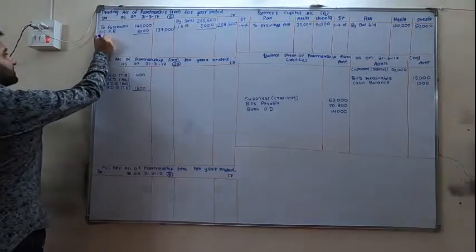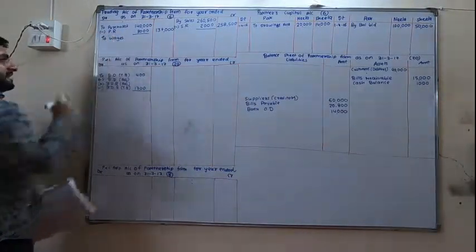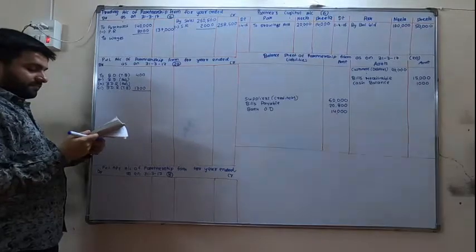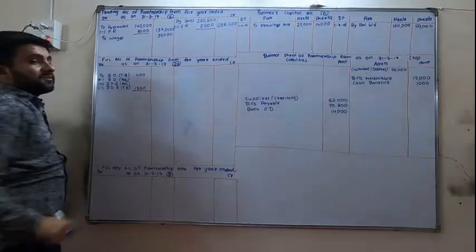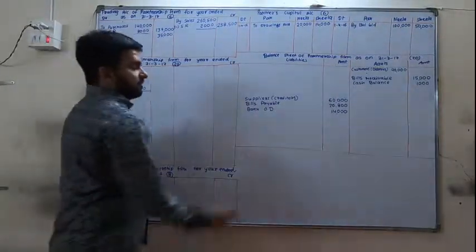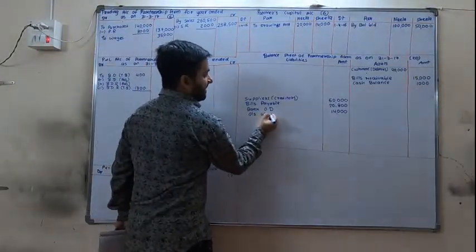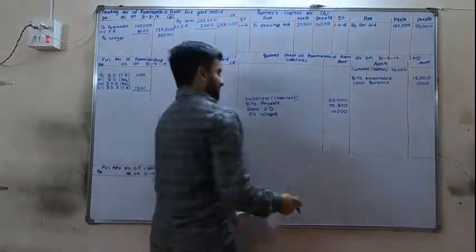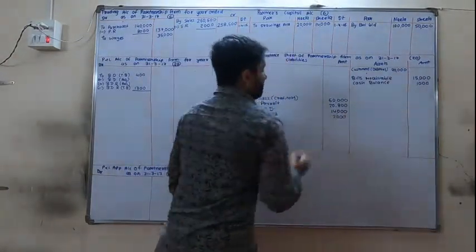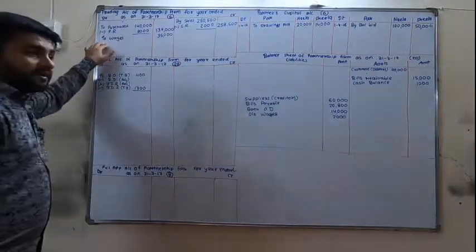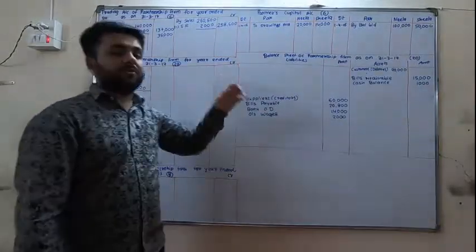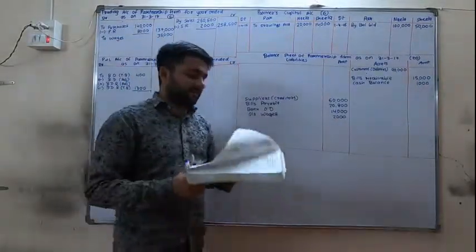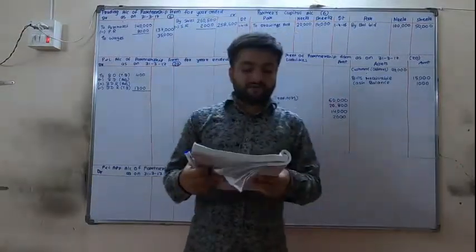Next we are having wages and outstanding wages. Now see, wages is the expense, so wages will have a debit balance, to wages 35,000, and outstanding wages is given only in trial balance, so don't add here, show it on only liability side as it has a credit balance. So outstanding wages 2,000. Okay, some people will make the mistake of adding here. Don't add because it is not given in adjustment. If it was given in adjustment, then add here and show here, but it is directly given, so write it here.